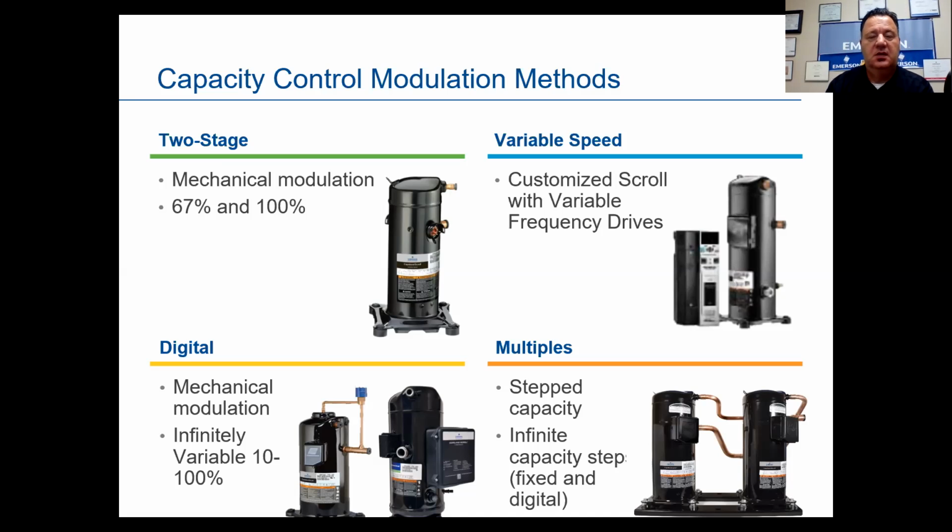I apologize. Okay, we'll talk about capacity control modulation methods. On the left-hand side, at the top, we have two-stage modulation. And again, as I was talking about earlier, at 100%, like a fixed scroll, that will be our second stage. Our first stage is going to be about 2/3 of the capacity, 67% of the capacity. And I'll show you what that looks like with some scroll sets I have laying here. Variable speed, that's going to be